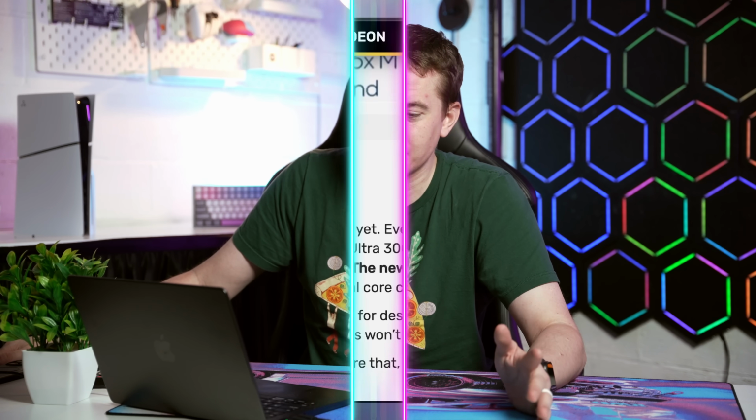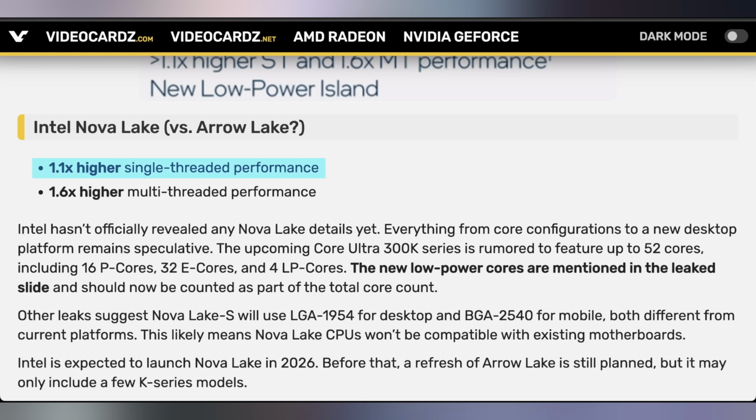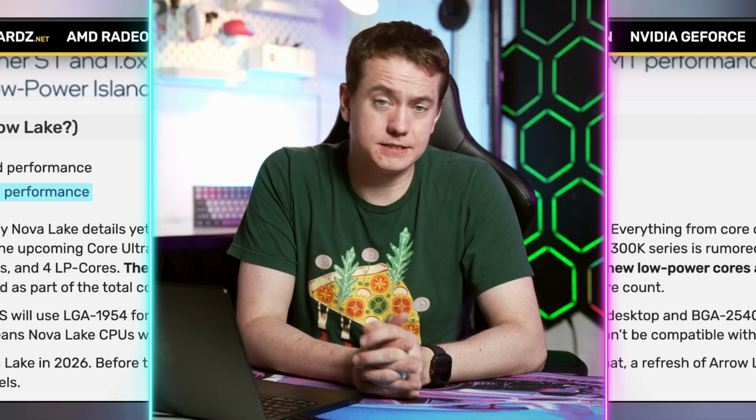Again, just take this with a huge grain of salt, because this is not necessarily indicative of real world performance, but they are saying that they will get 1.1 times higher single core performance and 1.6 times higher multi-core performance. So 10% improvement on the single core. That's better than the lack of improvement, and kind of just stagnation, that we had with the Core Ultra. And then the 60% improvement on multi-core makes a lot of sense with the rumors